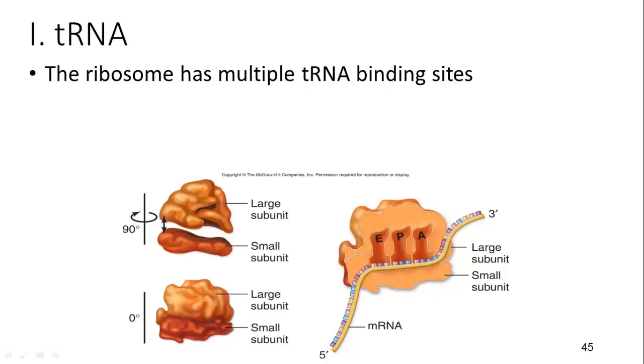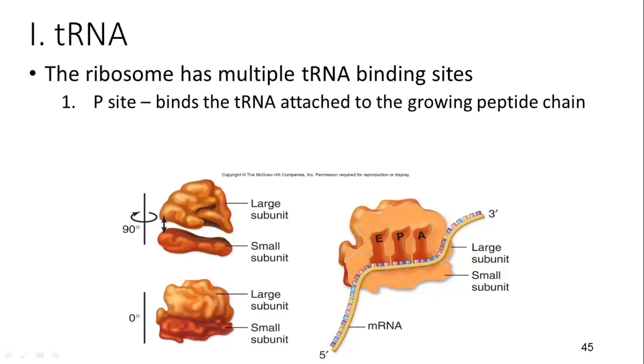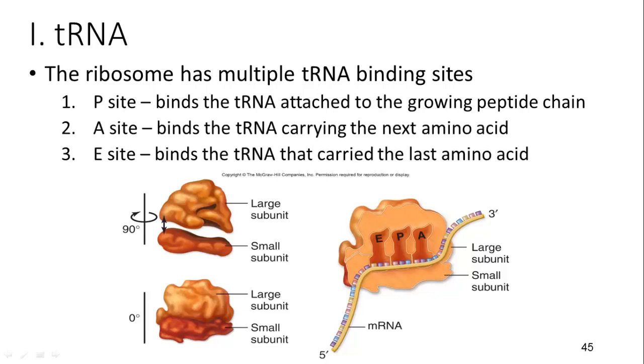The ribosome has multiple tRNA binding sites, the P site, A site, and E site. The P site and the A site are where the amino acid is being transferred, so it comes in the A site, and then the amino acids on the P site transfer onto the A site, then everything shifts, and the tRNA that's no longer in use exits out the E site, and then a new one comes in on the A site.